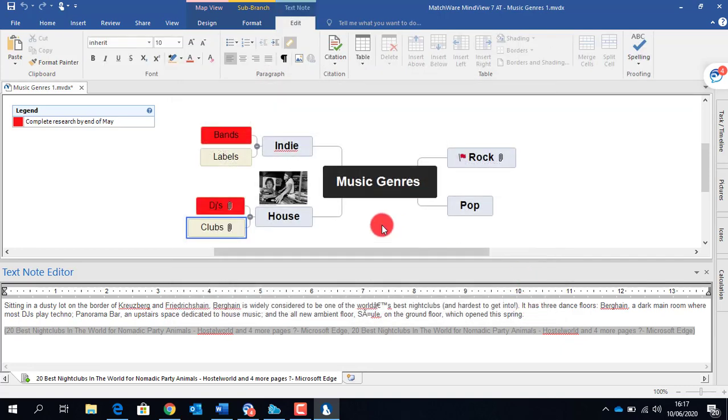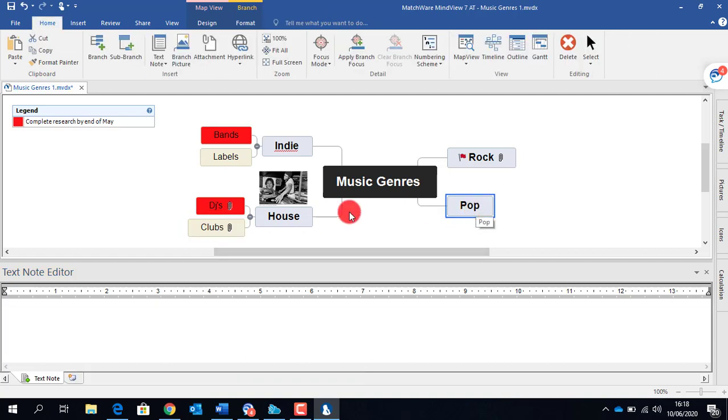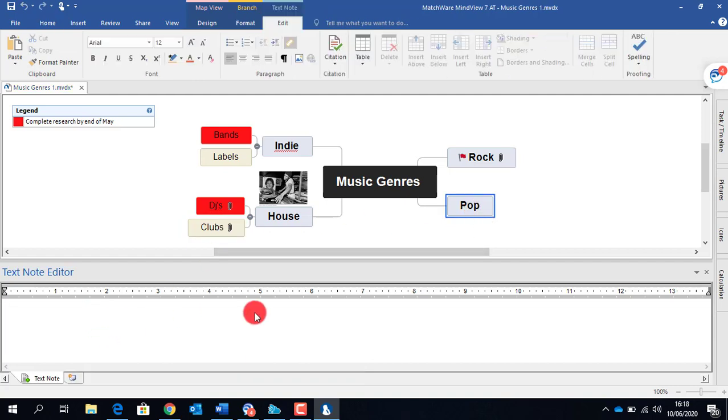The next thing that we'll do will be to look at another use for the text note editor. As you've seen here, for the clubs branch, it's inserted a capture of text with a citation, but it can also be used just to add notes. So if you're feeling you've got some ideas and you want to just add them into your mind map, you can just type away in this particular text note editor,